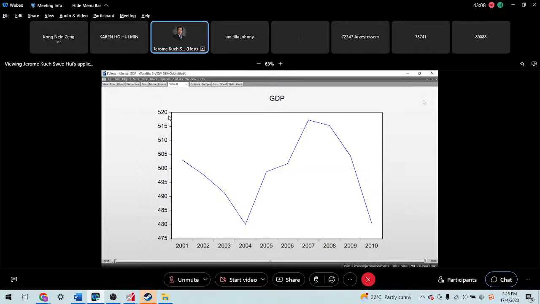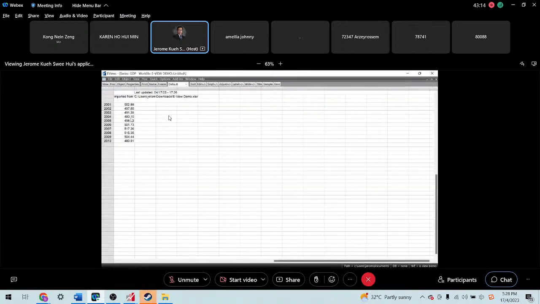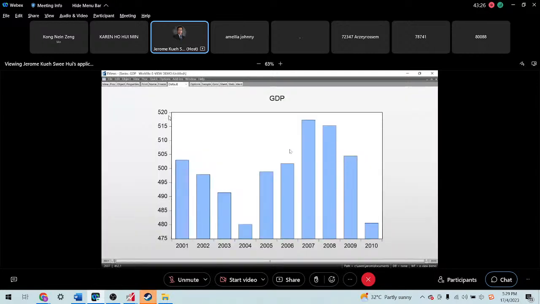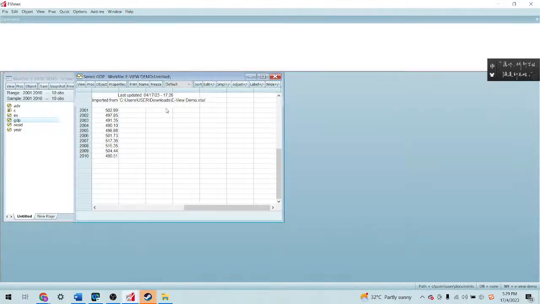Okay. So it's very easy. You just go to, after you choose the variables, choose the variables. This is raw data. Then go to the view here. Then you can look at the graph. So this is in terms of the graphical representations. You can choose different types of these graphs. So this is how it looks like.